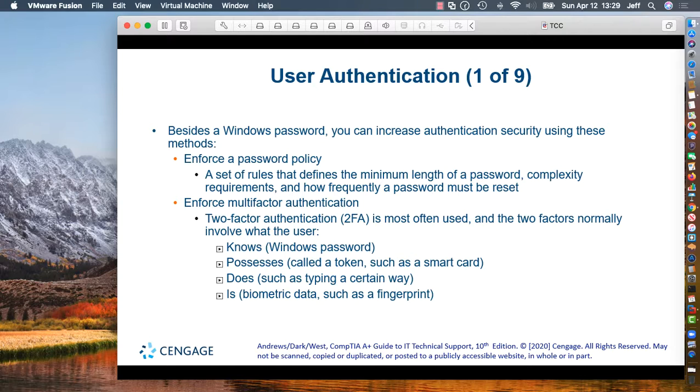So now we get into user authentication, right? So besides passwords, we can use all kinds of other methods, but with passwords, we can increase its security by, one, having a password policy that makes sure that we have a certain length of password, complexity requirements are met, and then how often a user has to reset the password or change the password, and then how many times can they reuse a password, if at all, right? That's a password policy. But then we have other factors or other authentication options,